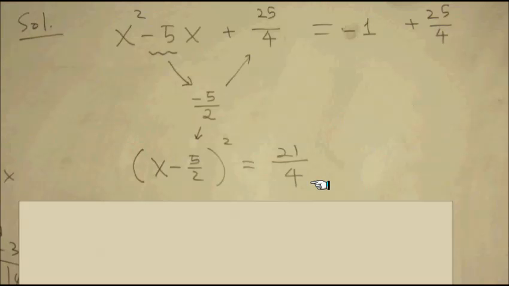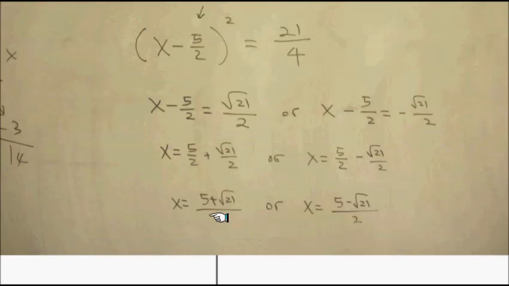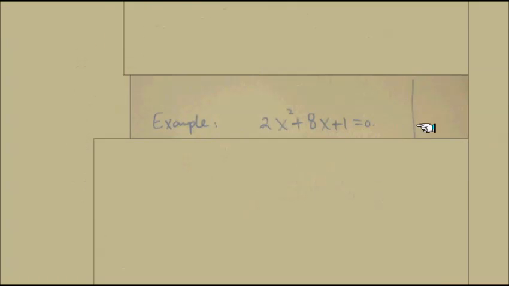So that's a power equation, so x minus 5 over 2 is the square root of this one, or x minus 5 over 2 is negative square root of that one. So it leads to the following solution. Okay, that's an example. So let me discuss this last example, which looked like this: 2x squared plus 8x plus 1 equals 0. Again, this will defy the factoring method,